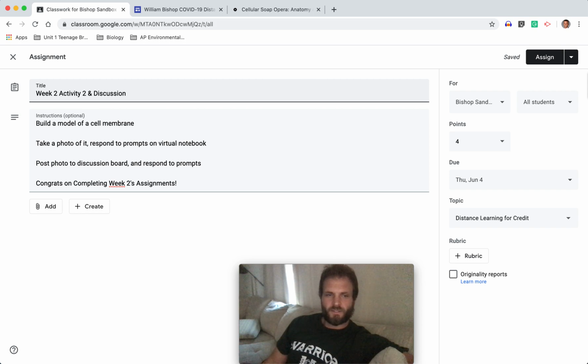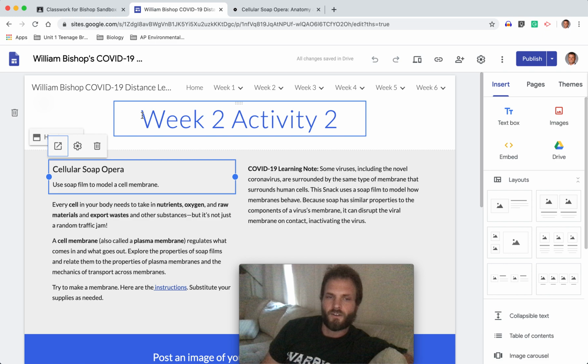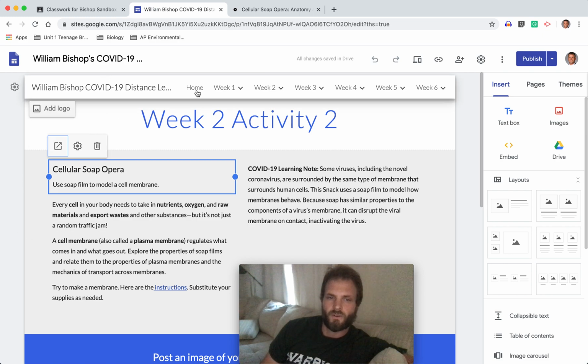Week two, activity two, and discussion. We are building another model of a cell membrane. We'll get into that in a minute. We're going to take a photo of that and post it in our virtual notebook. Post a photo to our discussion board, respond to the prompts, and then we can all congratulate ourselves on week two's assignment. So you'll find week two's if you go to your Google site,